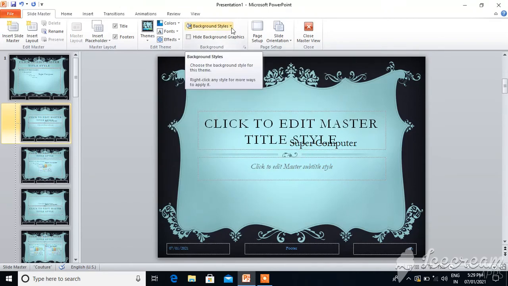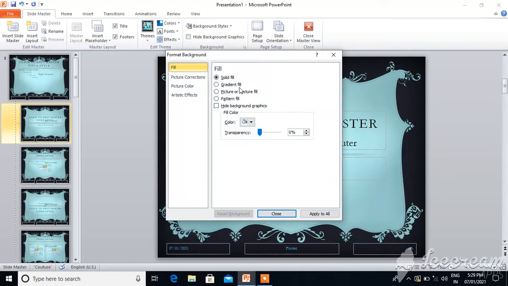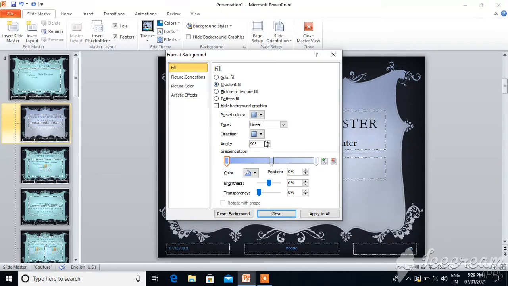Okay, and if you want to set the gradient fill option, gradient fill means you set more than two colors. See here, in the Fill option, downside, gradient fill is there.